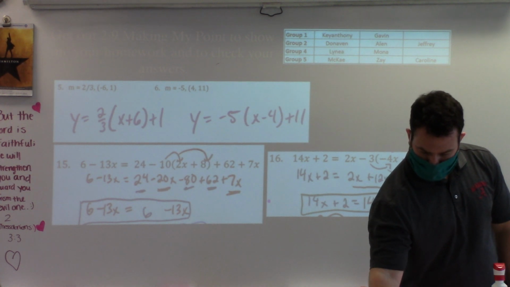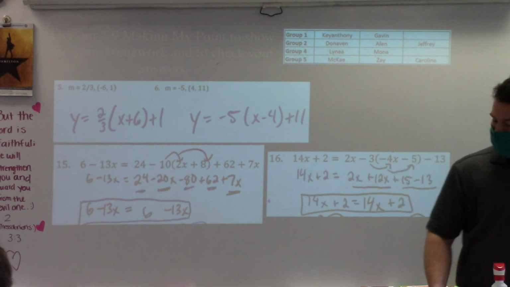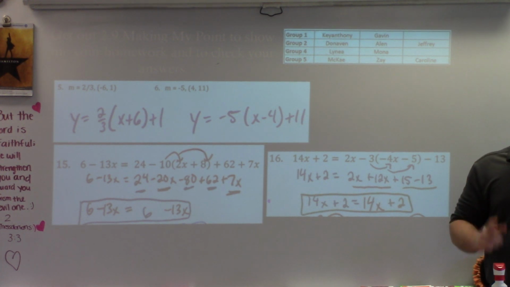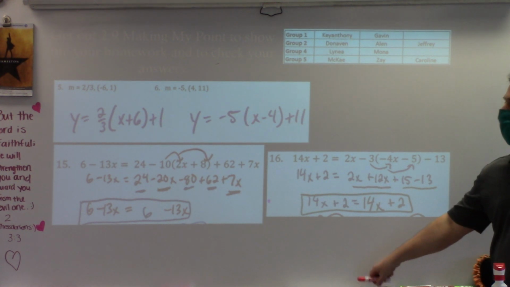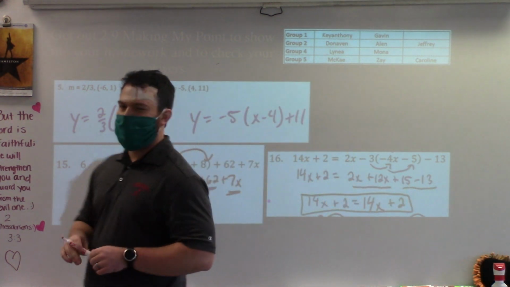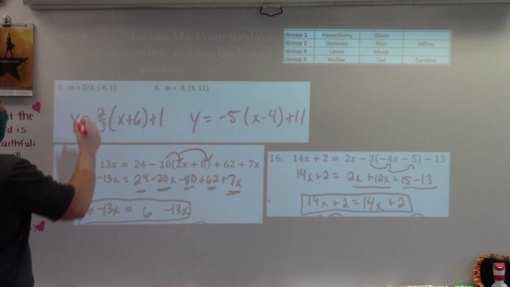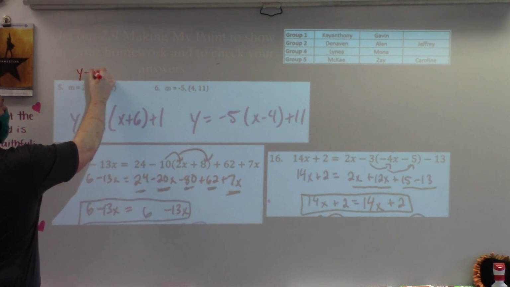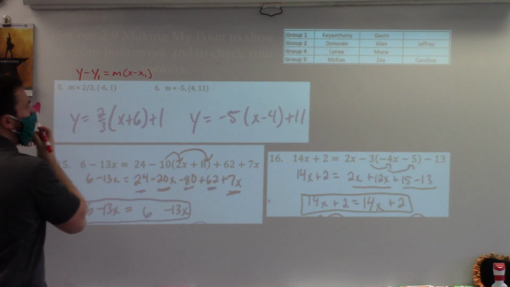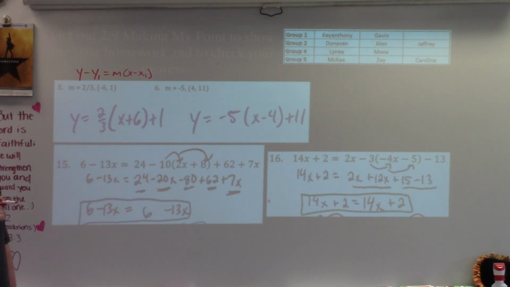Okay. For the most part, it looks like I think everyone got these ideas correct. One thing I do want to point out, Caroline, it looks like you used the traditional point slope, at least to start. I'm pretty sure a lot of you have seen this point slope formula in the past. Is that fair to say? Yeah. So at some point, yes.